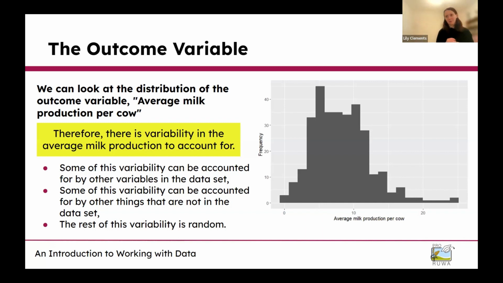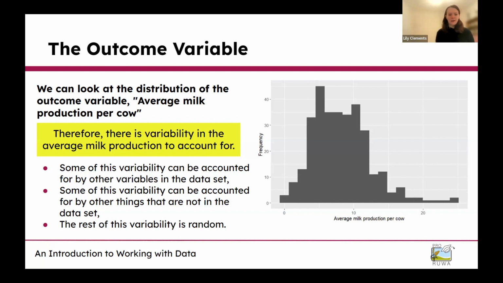Or maybe it's not even that it wasn't asked about in the survey, but it's something that we don't have information on for this data, such as rainfall amount or sunshine hours and things like that. Sunshine hours might affect how good the produce is, might affect the nutrients in the grass or in what the cows are eating. And that might then affect the cow's milk production, for example. But we don't have variables on that in the data,